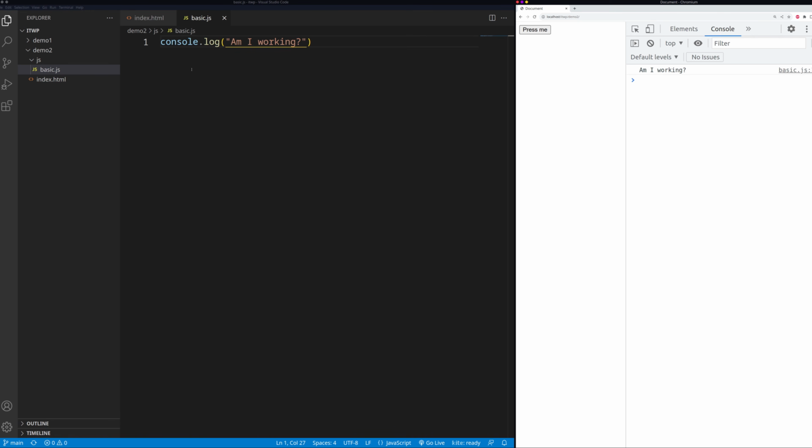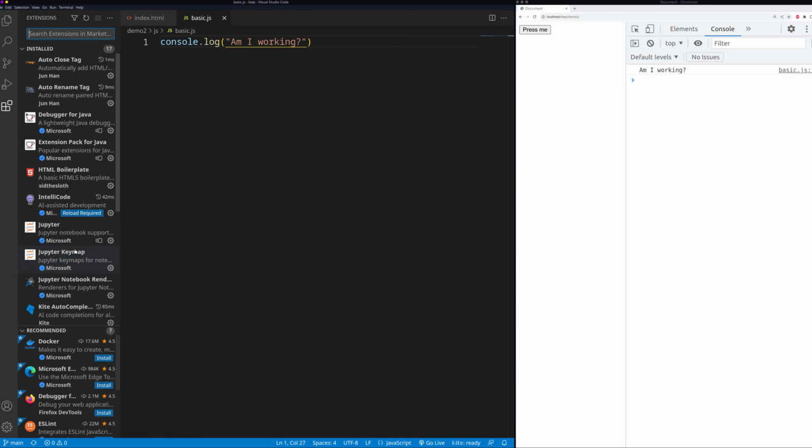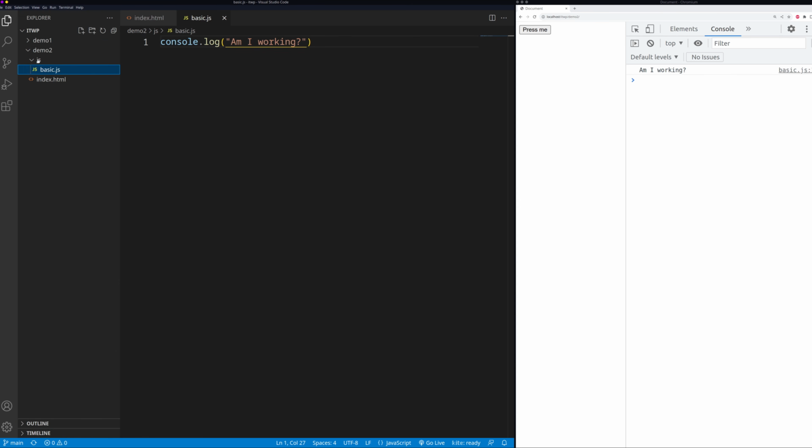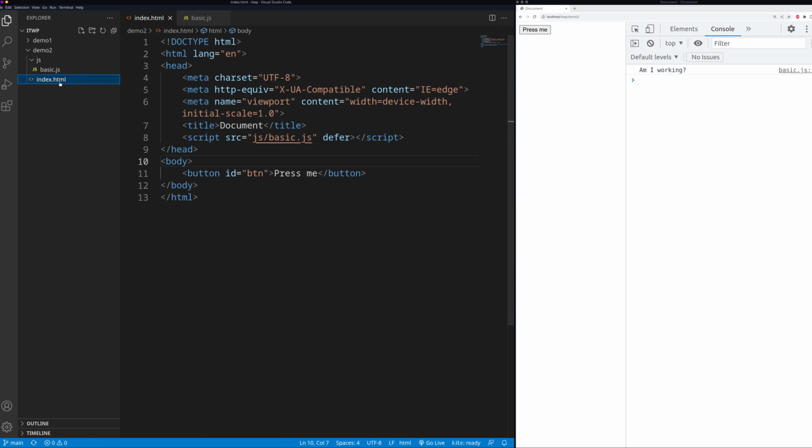Yeah, I am working. By the way, if you have live server installed, you can just press the right mouse button and open with live server. This will open the web page in live server